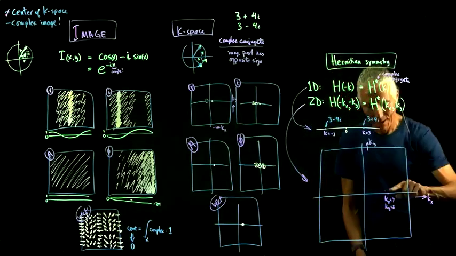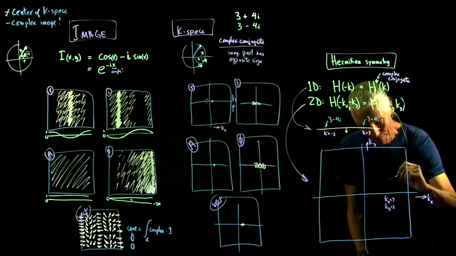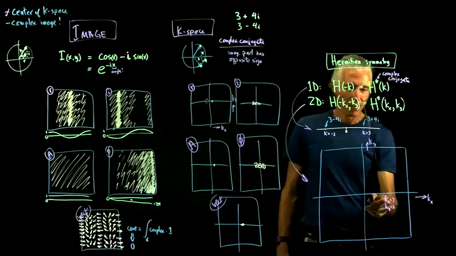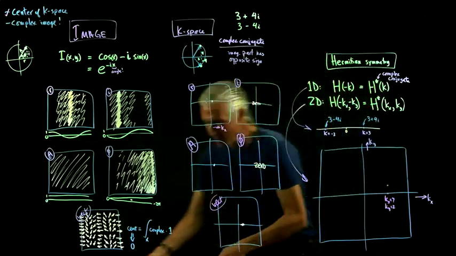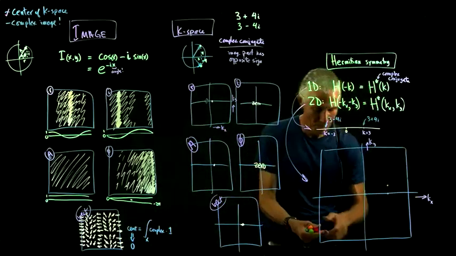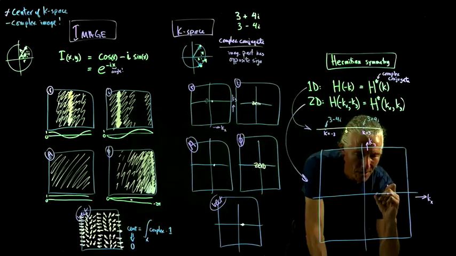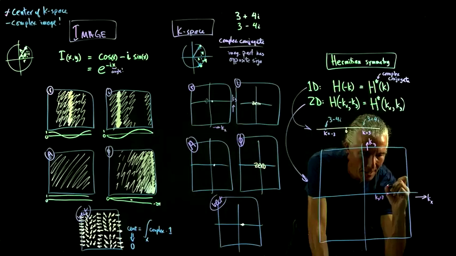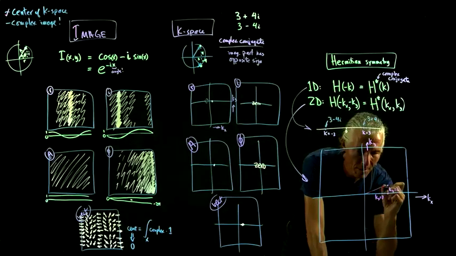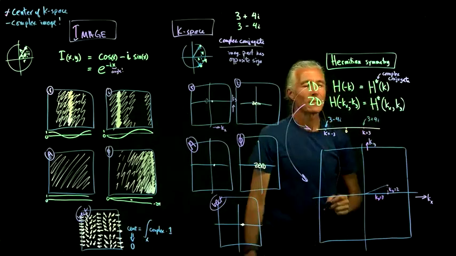Okay, sorry, not that point, but this point right here. Okay, so we go out k. Let me just write the coordinates along. It's very easy to get confused. I've confused myself many a time. So here's kx equals 7, and then here's ky equals 2. Okay, so that point right there in k-space,